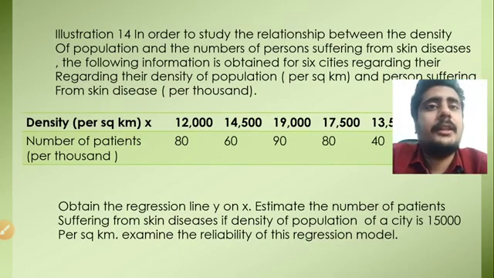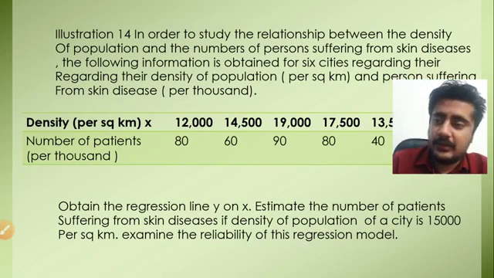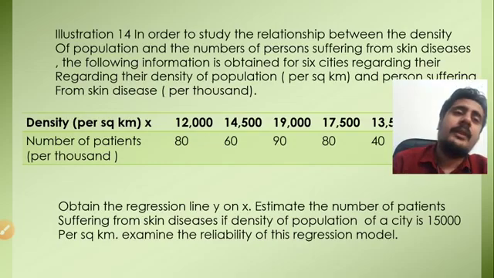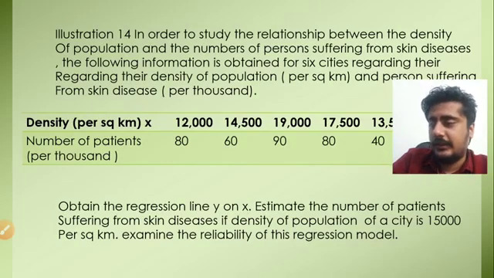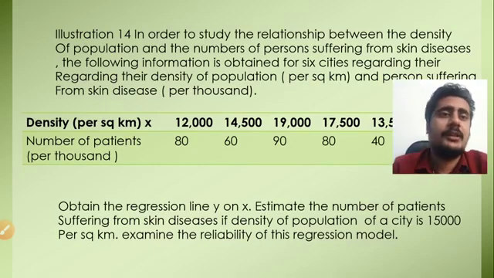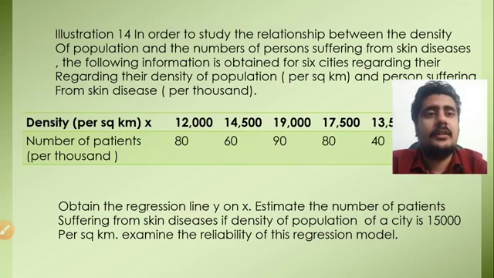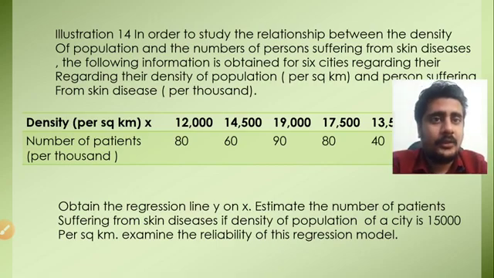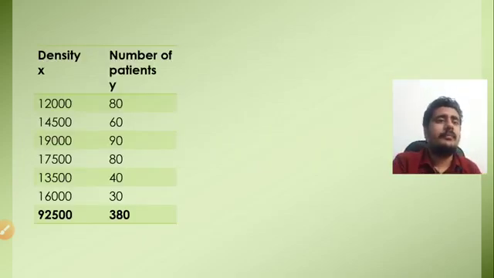As I told you, this illustration is quite important because it covers both topics. It covers line y on x and it covers r square also. And as it covers line y on x, you can see the figures. We will use the formula with u and v, or else we will not be able to find it. So yes, now take your book and pen and write the question.